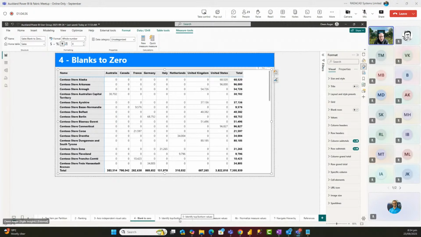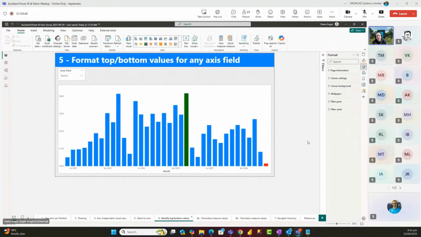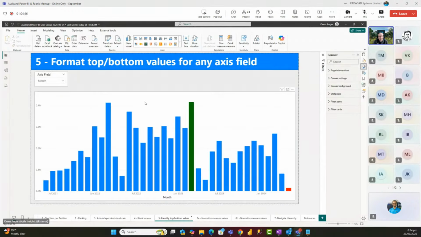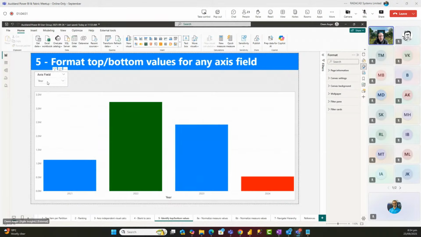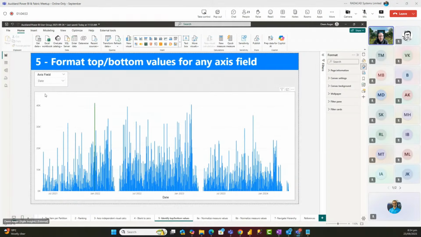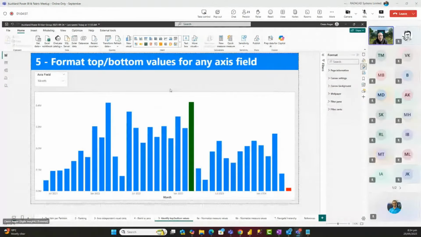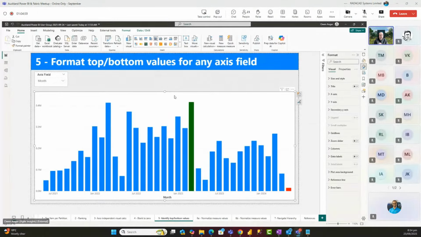How else can we use visual calculations? Well, we can actually use visual calculations for conditional formatting as well. So I've gone back to our sales by year, month, or date. I'll leave it on month for now. An interesting thing we can do with visual calculations is generate conditional formatting text values. So in this visual,